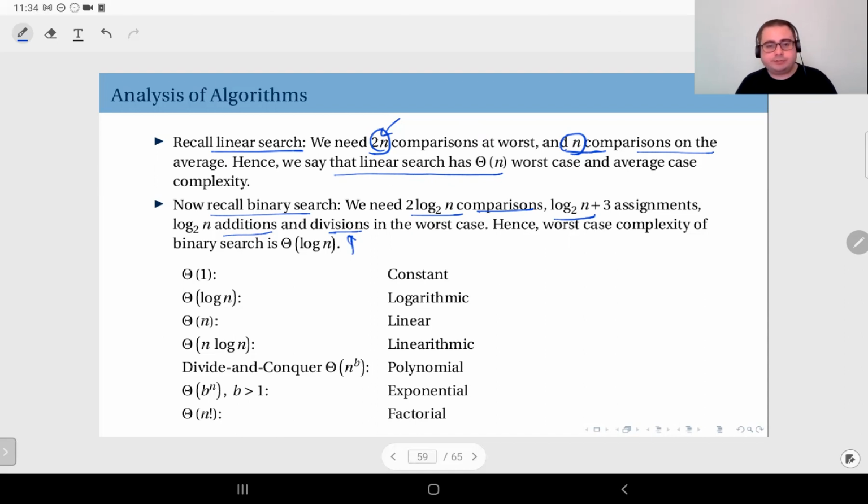And this is the worst case scenario. If you add them all up, the worst case complexity of the binary search turns out to be big theta log n. Here, the convention is writing log n instead of log 2n,